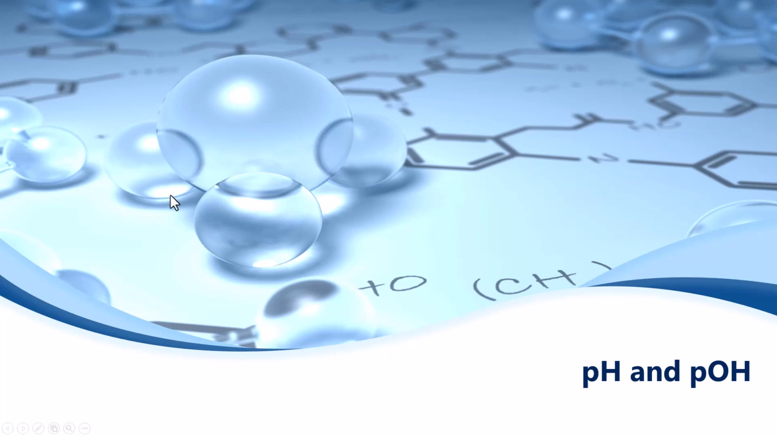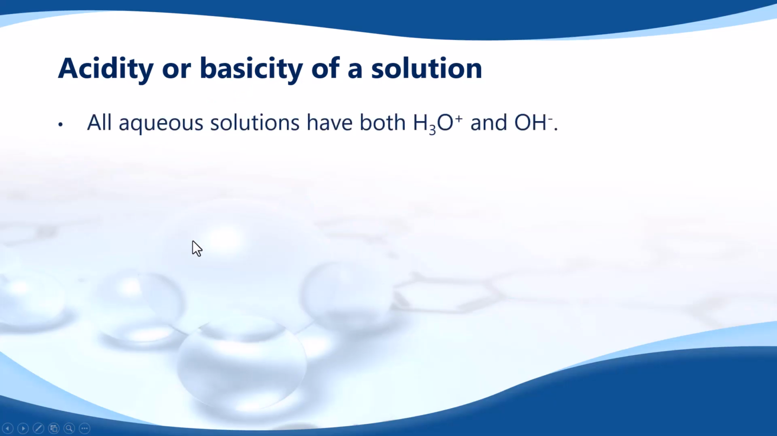In this video, we're going to be talking about the pH scale and its related pOH scale. These are scales that we use to measure the acidity or basicity of different aqueous solutions. So one thing that we should keep in mind is that, as I told you in an earlier video, all aqueous solutions will have both H3O+ and OH-. This is because the water molecule reacts with itself to form these things, so they're always going to be present